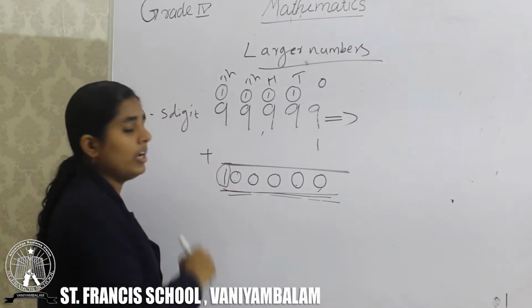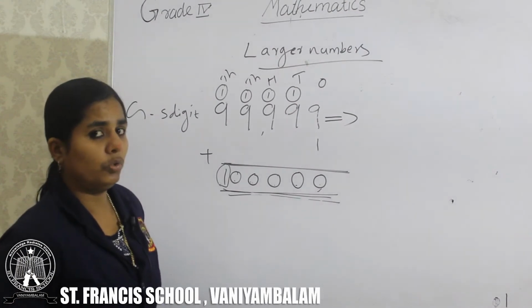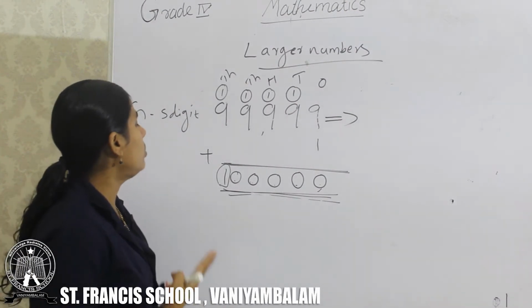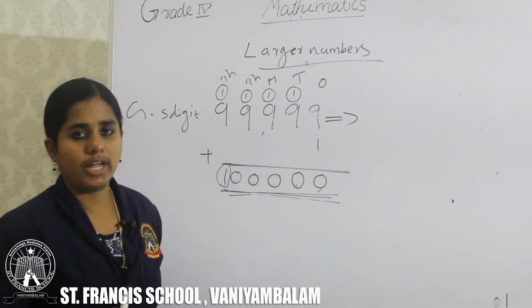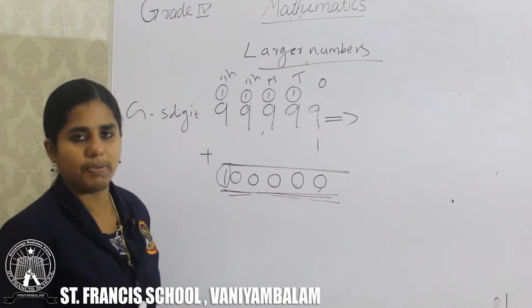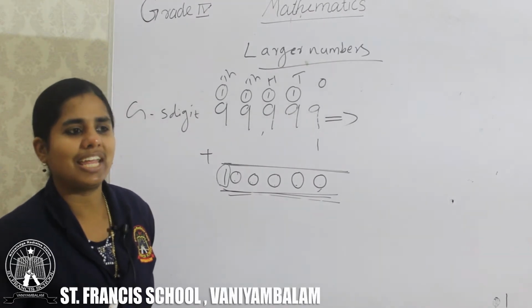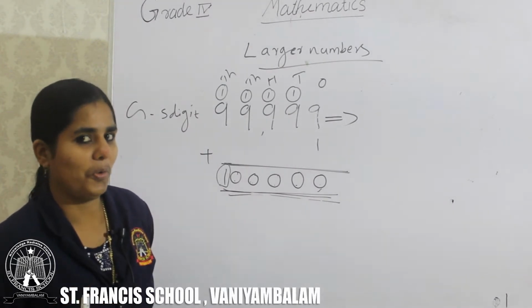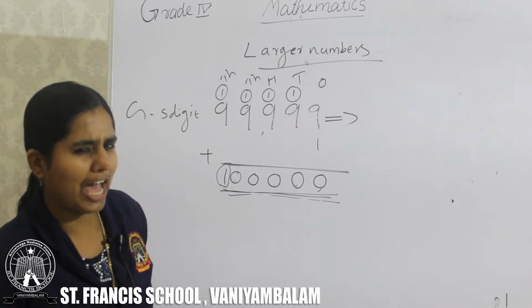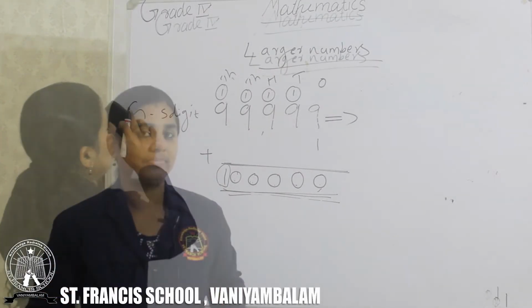Okay, after that one more place is here. Then what do we want to do? We don't know how to read this place. We know up to 10,000. Okay, we can see the name of that new room. The name of that new room. Are you ready? Then look here.